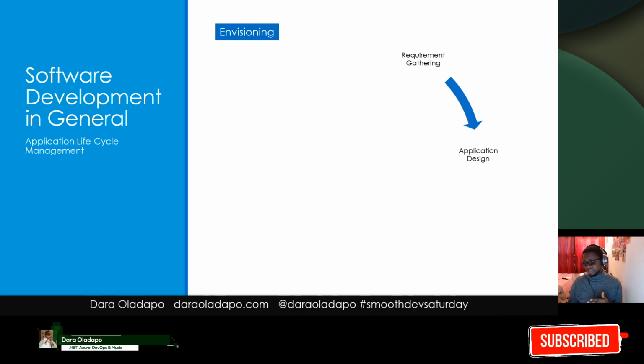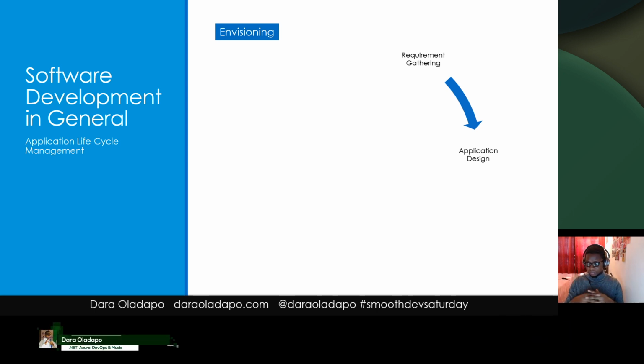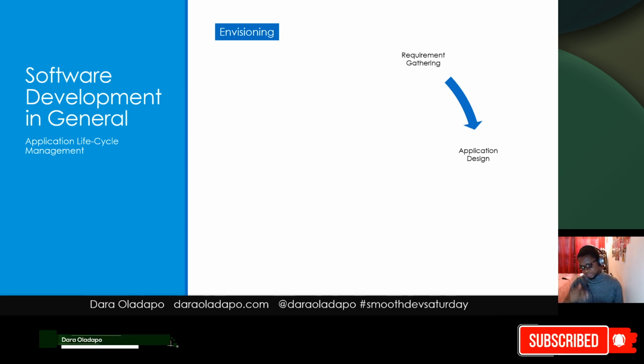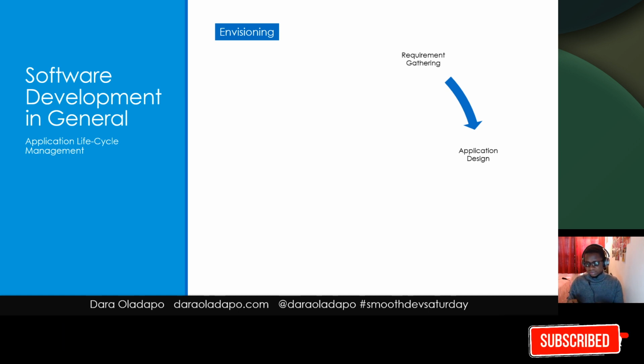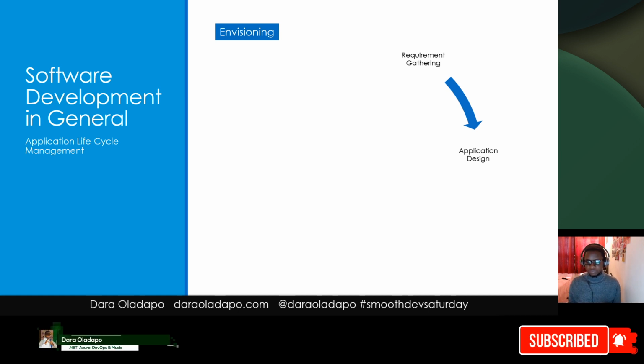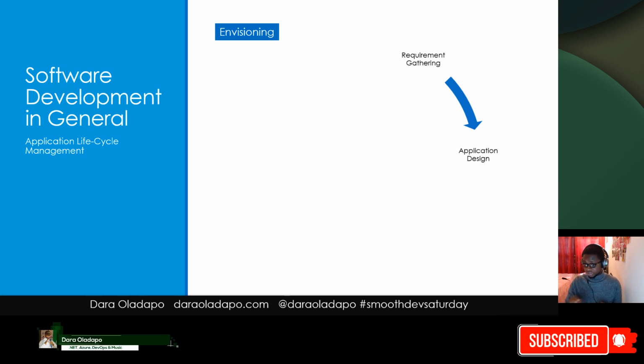And after this, what comes out of this phase is basically the technical specifications. In the requirements gathering part, the general software specifications come. This app is supposed to do 1, 2, 3, 4, 5, 6. It's supposed to be used by 1, 2, 3 people. These are the stakeholders involved and all that. That comes in the requirement gathering phase. And in the application design phase, the functional and technical specifications are the documents that come out of this. So this is what goes on to the developers or the engineers, as we call them, to be able to know exactly what to design.